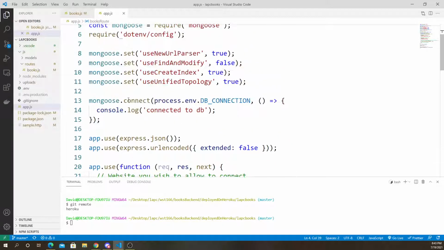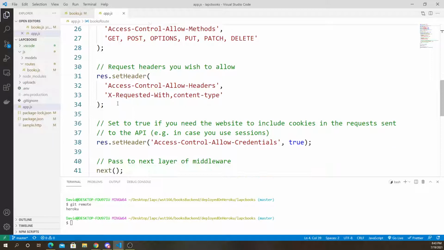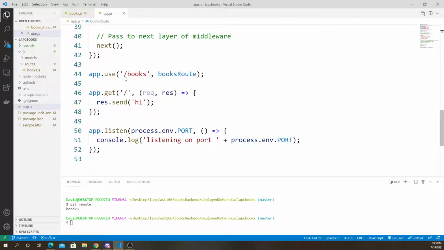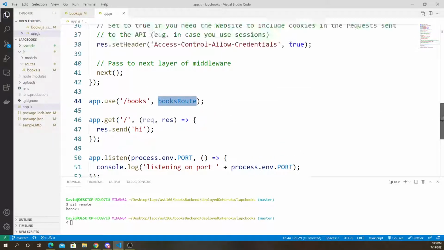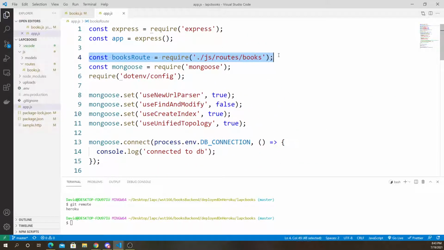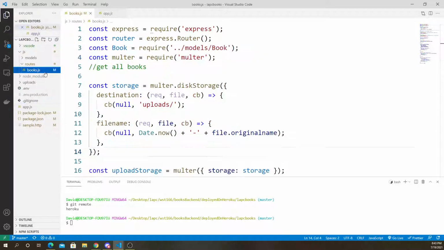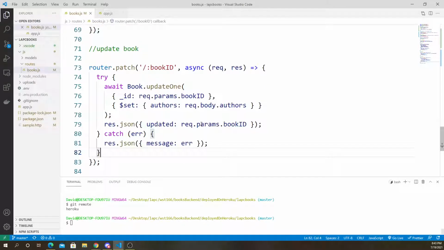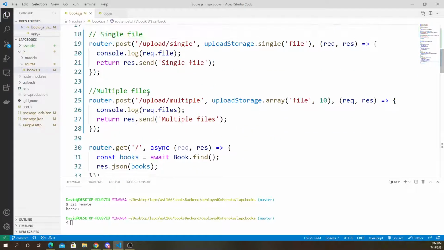And we're saying, where is it? We're saying app.use /books, books route. So anytime you go to /books, it's going to start using the books route, which I got from here, which I got from this require, which basically imported the books route from this file. So this whole file gets imported. So anytime you go to /books, all these rules start applying, which one of them here you can see,